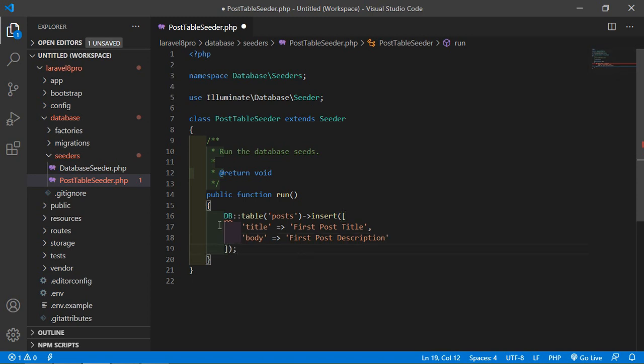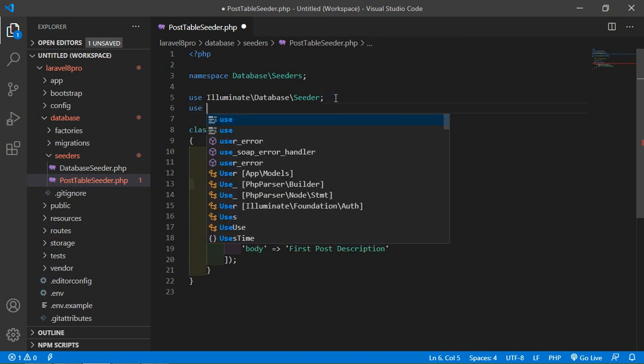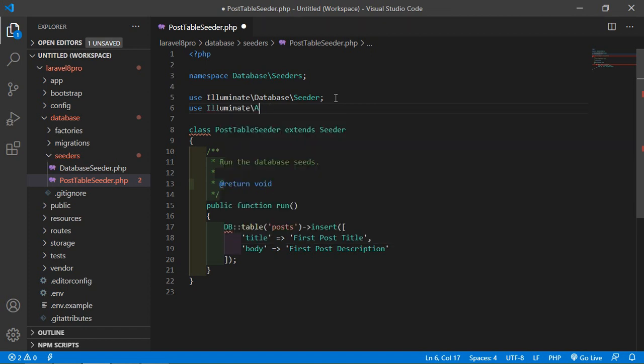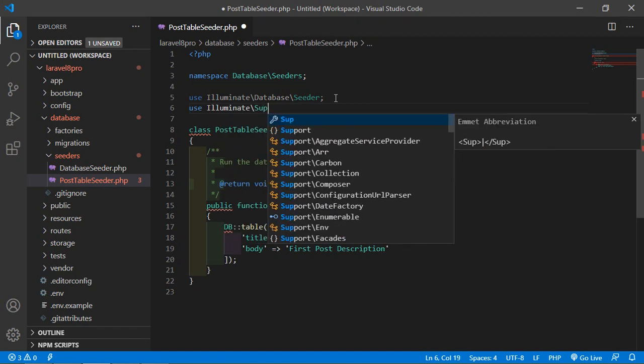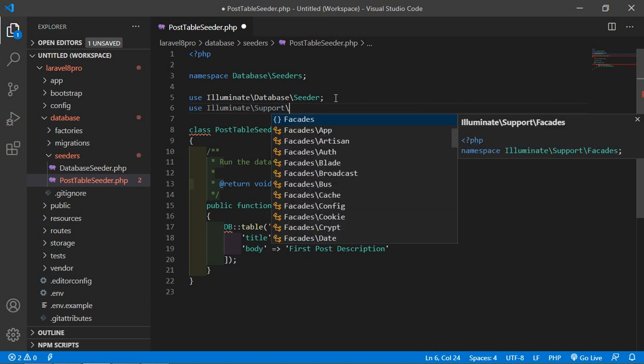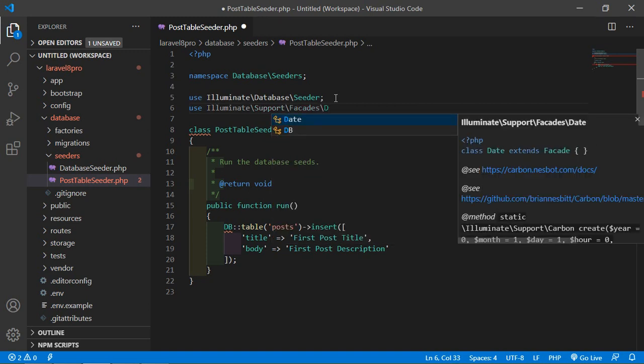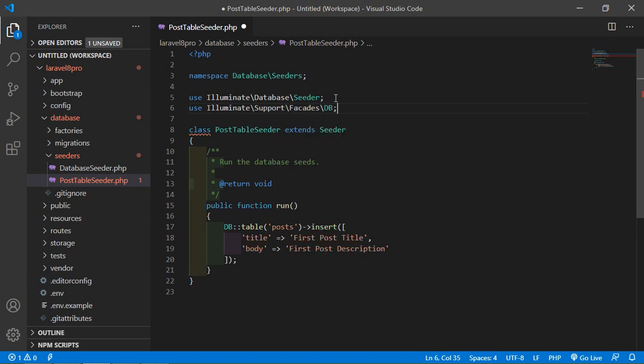Right, now let's add the DB facade. Just add use Illuminate\Support\Facades\DB. Now save this file.